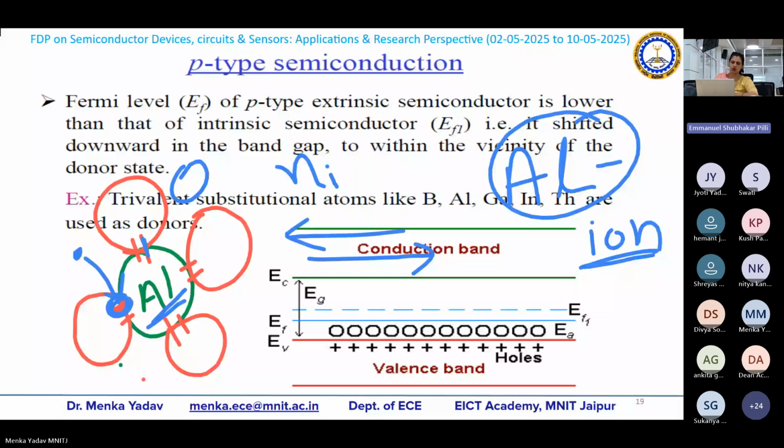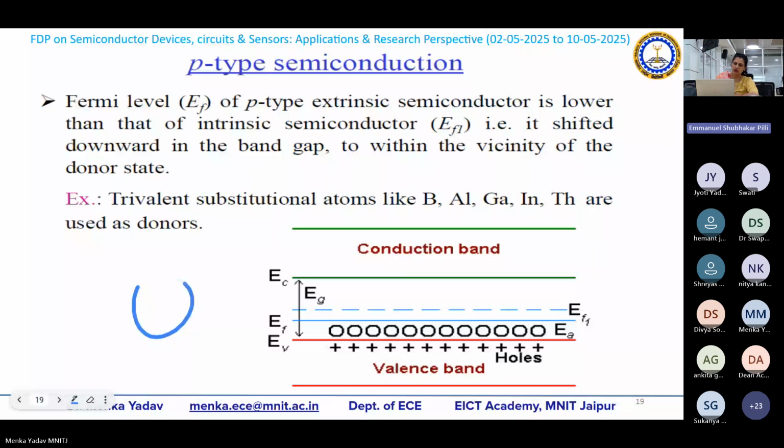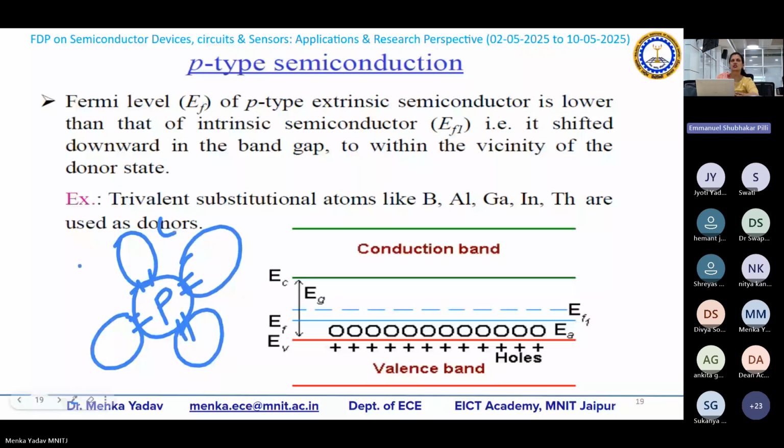So likewise, if we talk about the other material, instead of aluminium, let's say I take phosphorus. The phosphorus has one more extra electron. So two electrons will come like this, and one more extra electron will be available. The other surroundings are silicon, and electrons and holes are there in the material space. Sorry, the hole is not flowing in the free space, only electrons are flowing in the free space. Holes are available over here.